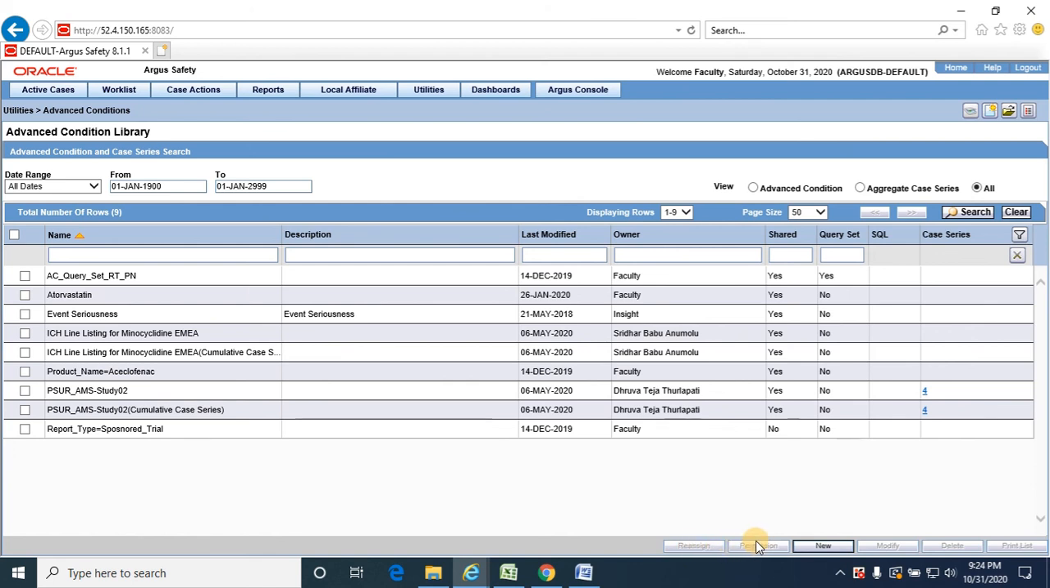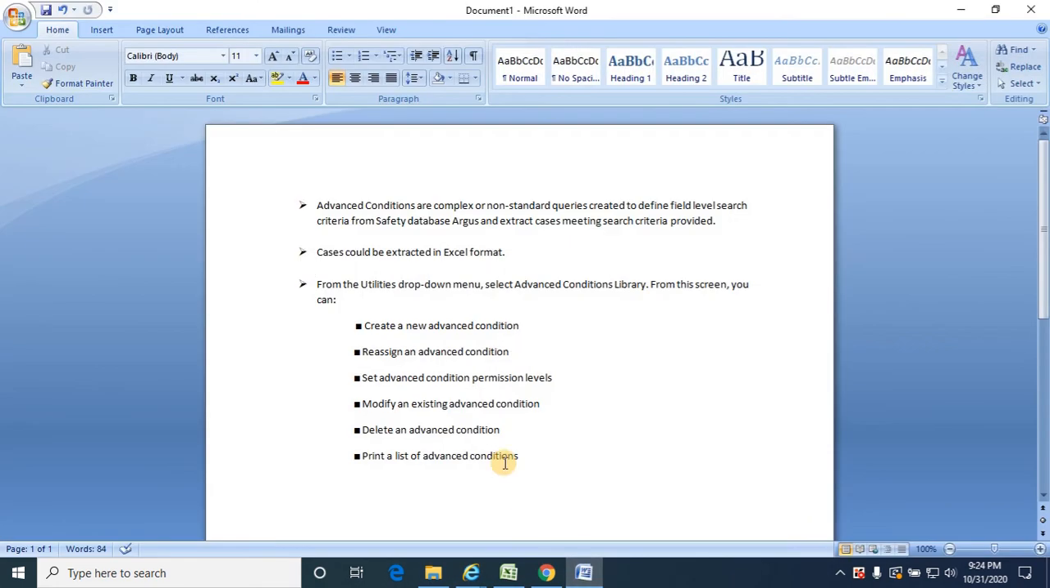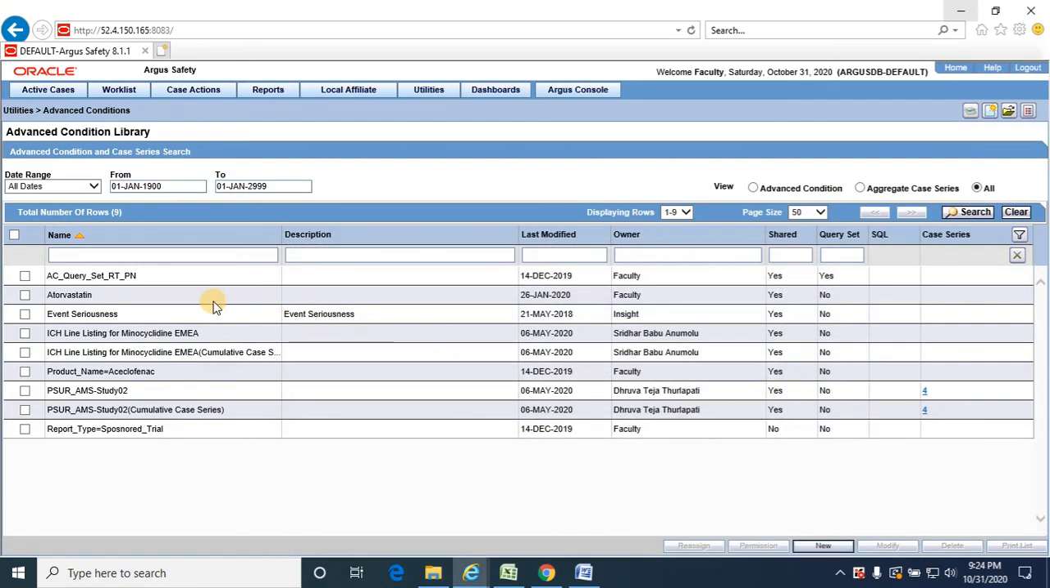So here you could see what all permissions we have: reassign, permissions, new, modify, delete, and print list. So those are what is available over here also. So let me select an advanced condition, check this checkbox. Then you will get to see the